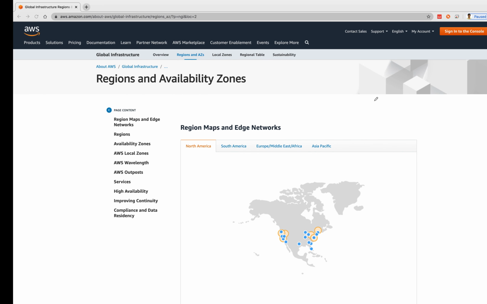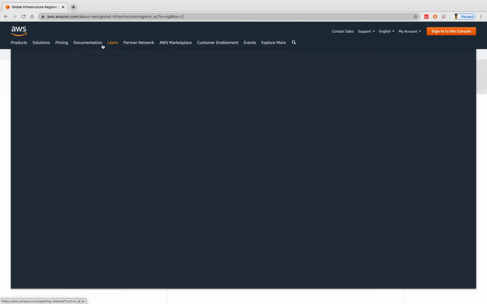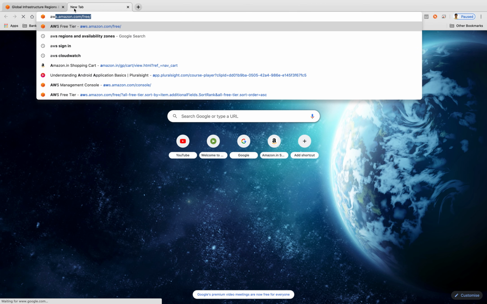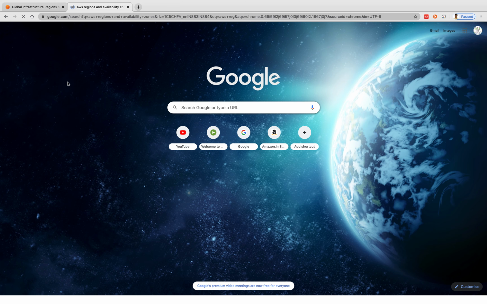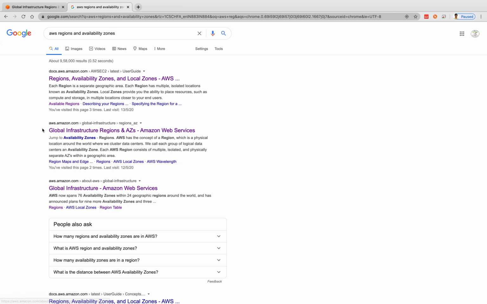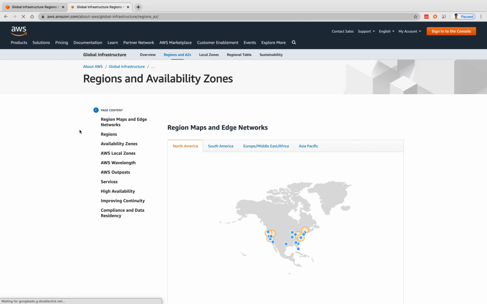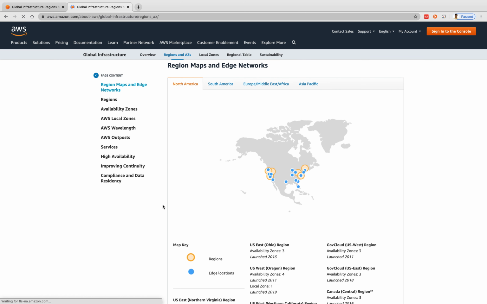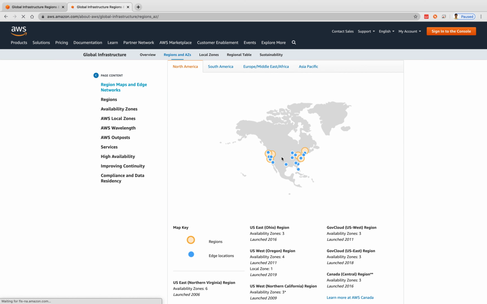If you go to the website, just type AWS regions and availability zones and click on the second website. This is the global infrastructure. If you see here, it's North America. The blue color indicates a region, and inside a region we have multiple data centers.